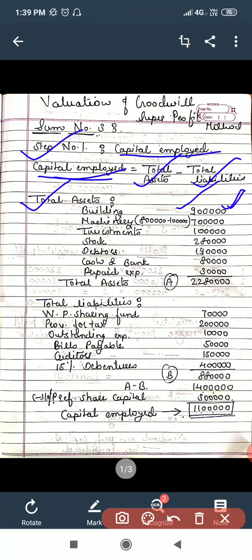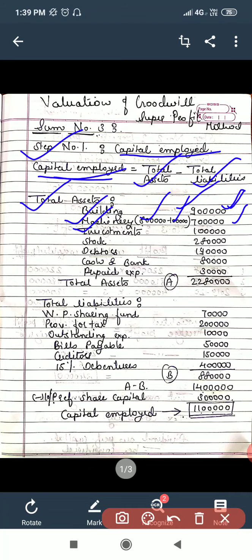After that, the machinery, rupees 8 lakhs, we have been given, and simultaneously on the liability side we have been given the depreciation fund for machinery, rupees 1 lakh. You can see it on your liability side. So, 8 lakhs the cost of machinery minus 1 lakh the depreciation fund. How much are we left with for the machinery? Rupees 7 lakhs.